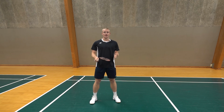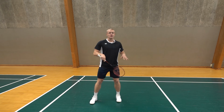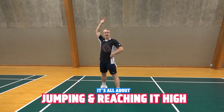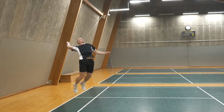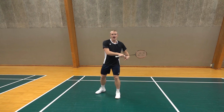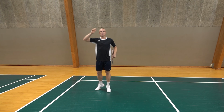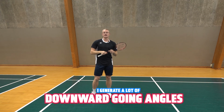All right, now getting to the third point, and maybe the most important part in this whole video. We have now succeeded in getting down here. We have rotated around, we have landed, and now this third part is all about jumping and reaching it high. This is where we generate all the advantage in the game, because now when we have succeeded in generating momentum from the first step, rotating in the second, coiling the body up, and now if I jump up into the air and rotate at the same time, I generate a lot of downward going angles,